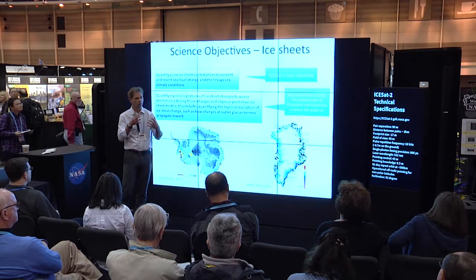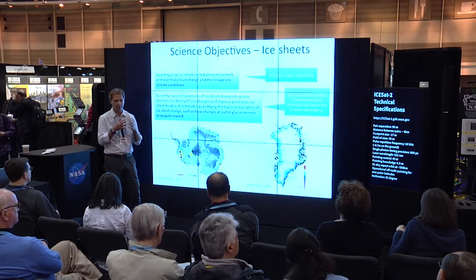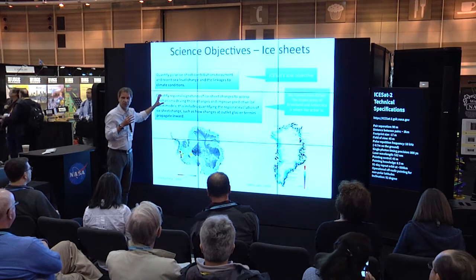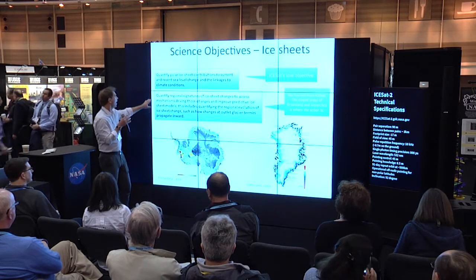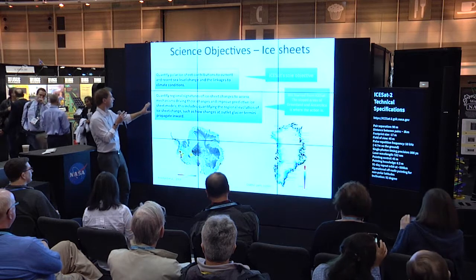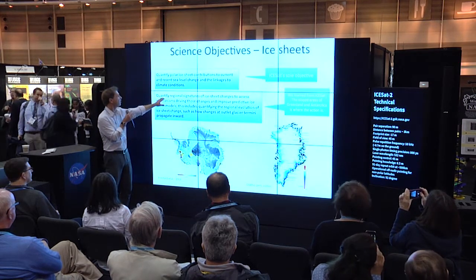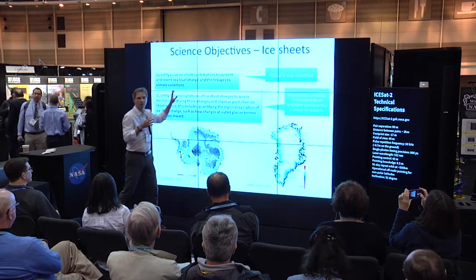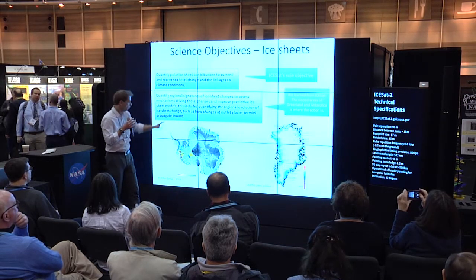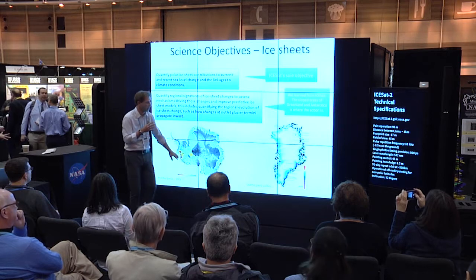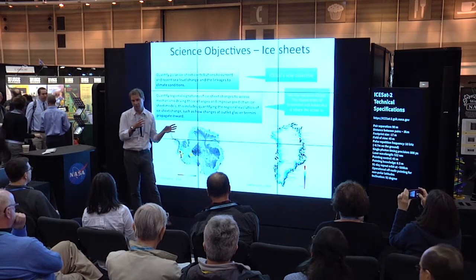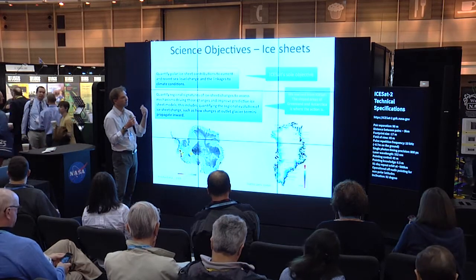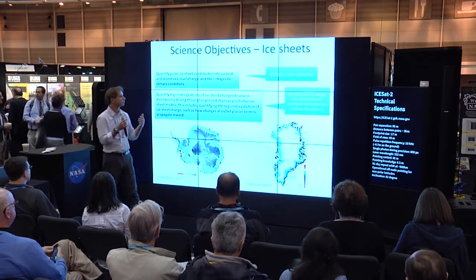So the project, together with the ICESat-2 science team, defined a second science objective for ice sheets. It's a very long sentence, but the key here is to quantify the regional signatures of ice sheet changes. The focus here is on regional. We need to do better at understanding what's going on at the margins of the continents. Very important for the design of ICESat-2. If you go to the next slide,